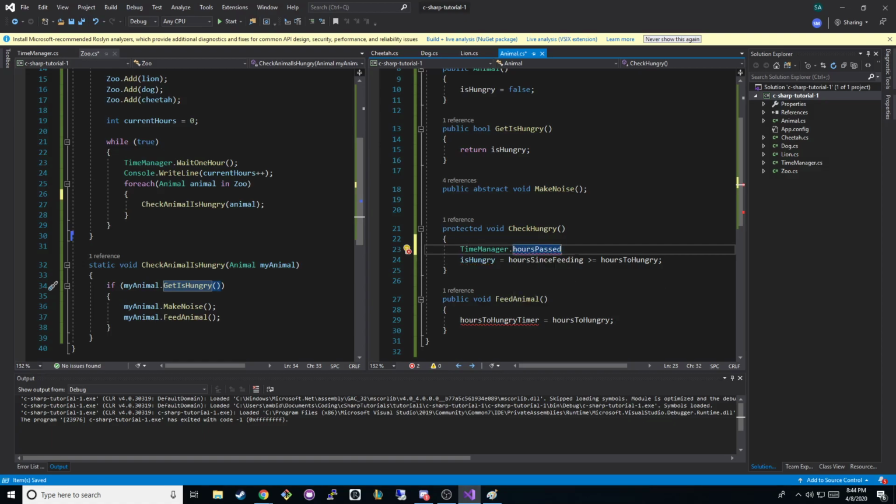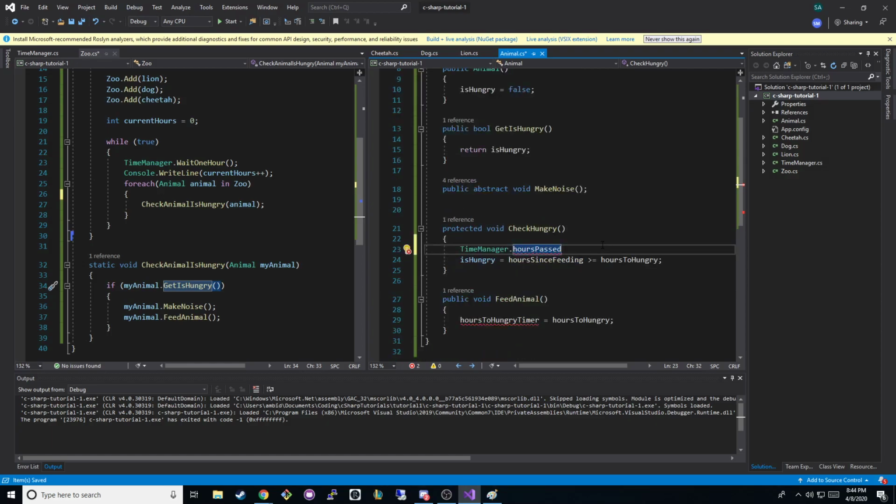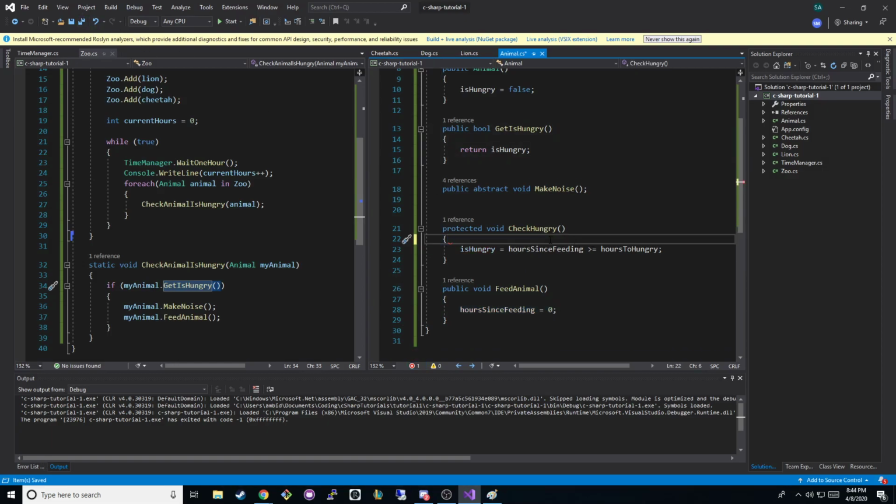And we need some way to, hmm, we need some way to reference the last time that hours have passed. Can check time when you check if they're hungry. But we need to increment or check, oh yeah, this guy needs to be hours since feeding. It's going to be 0 actually, because it's been 0 hours since we've been fed. We need some way to set how many hours it's been since last feeding. So we could just set